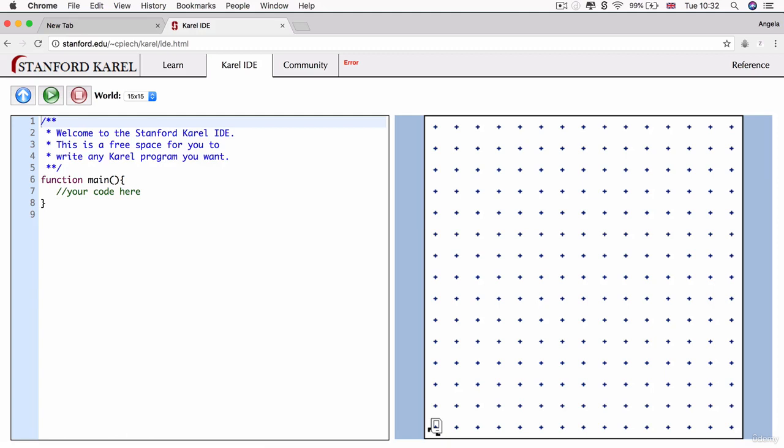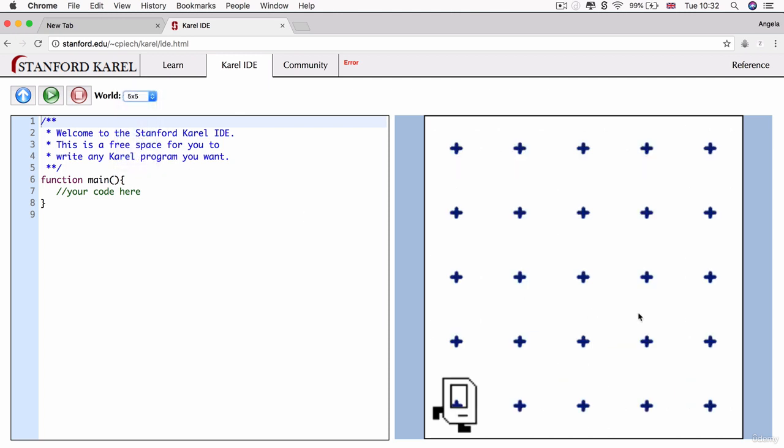Now, as a challenge, I want you to write your own functions, but not inside the Chrome developer tools. I want to introduce you to something called Karel the robot. And Karel is a very simple robot that takes very simple instructions. So let's first change the world to 5 by 5 to make it a little bit smaller and easier to